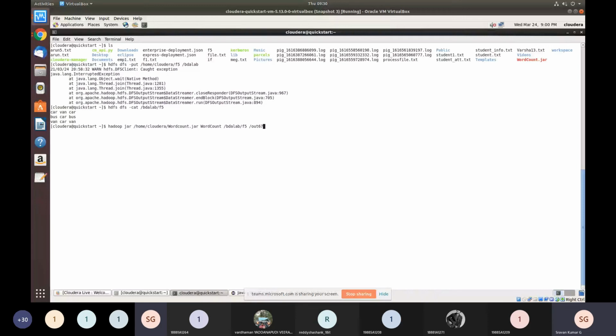Why is the output directory required? Because once processing has been done successfully, you'll receive two files under this output directory. The first file is the success file, the second file is the result file, which contains the output. Once I click enter, you'll see two files created. I'll be showing that.